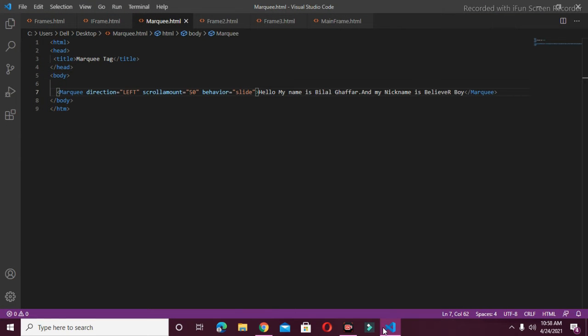So now if I change this value, I will write here alternate. And now if I save this and refresh my browser again, you can see how this alternate value actually works. You can see how we can add more styling by using the attribute behavior. And now we will just move to the next attribute,